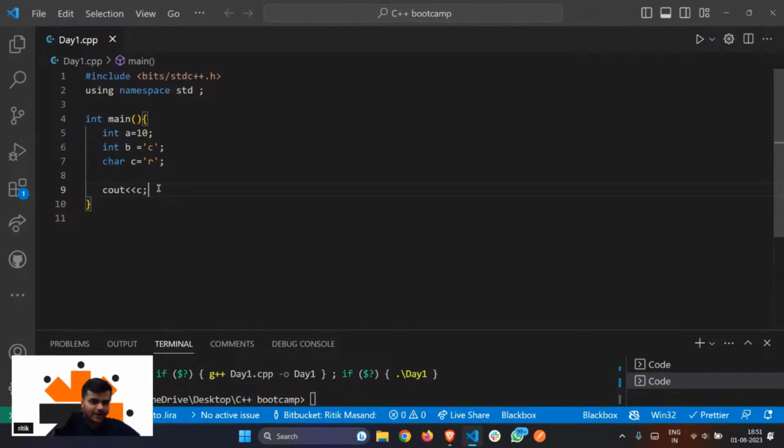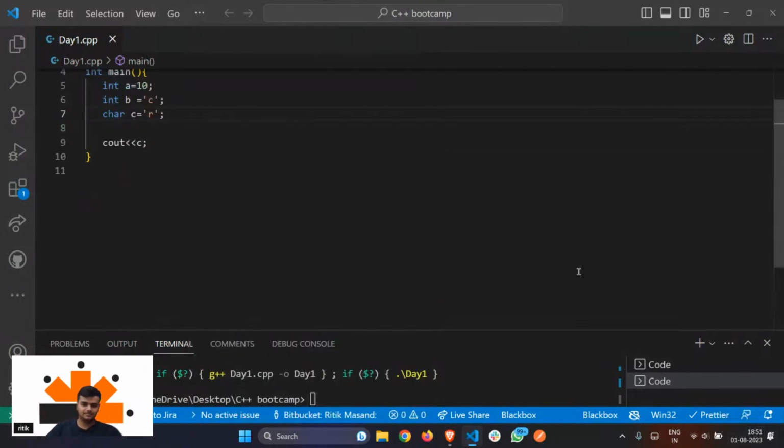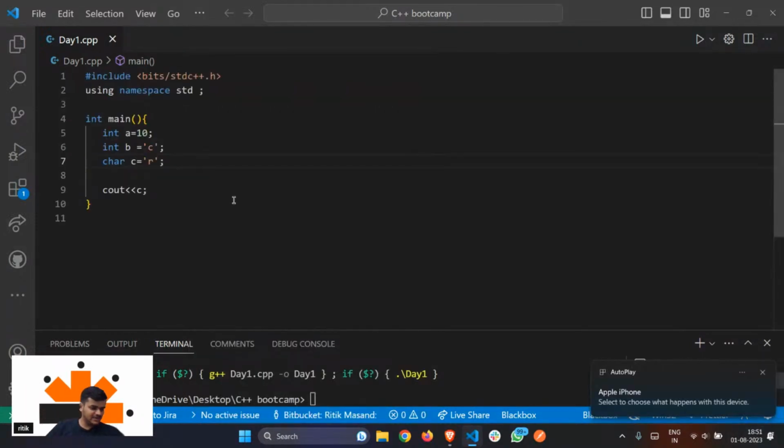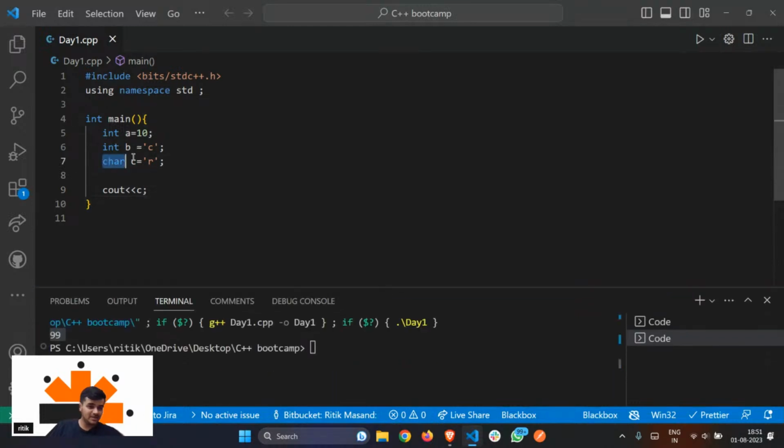But why will the ASCII value not be printed here? Because I told you the ASCII value of R is 114. Then why will the ASCII value not be printed? R, because it is a character. Exactly said. We will have an answer as R because, as I told you, C++ is strictly typed. It will sense that this is a character, and hence we will get the answer as a character. So if I try to run the code,